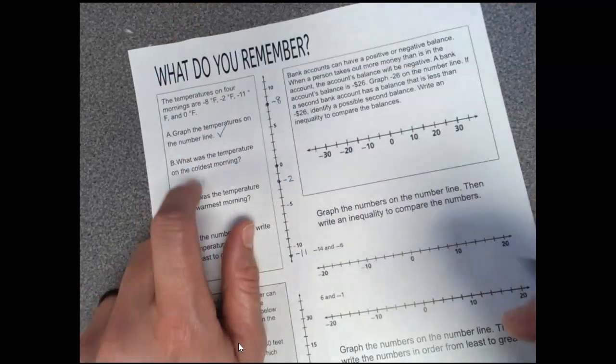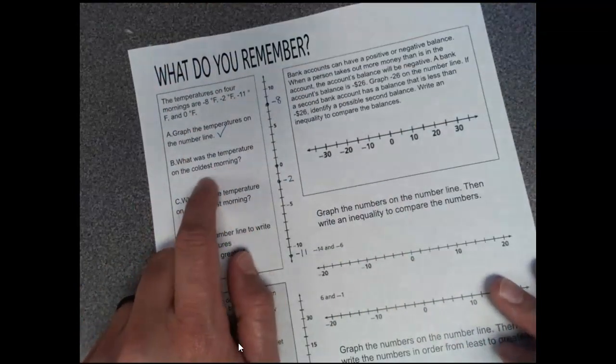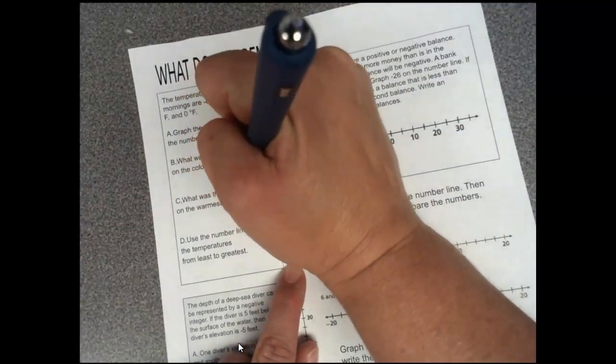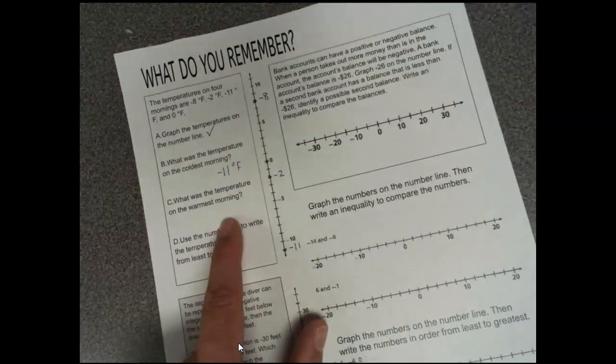So we did this. Next, what was the temperature of the coldest morning? It's all the way down here at negative 11 degrees Fahrenheit. What is the temperature of the warmest